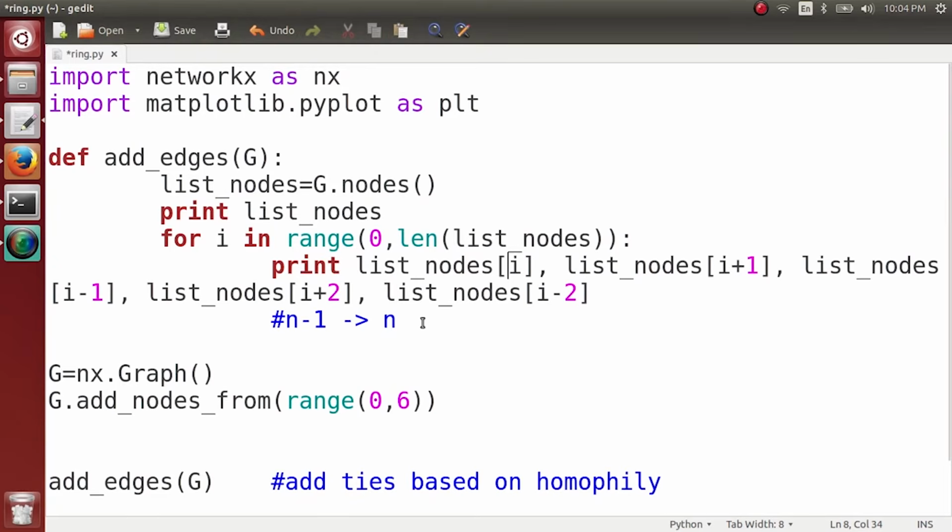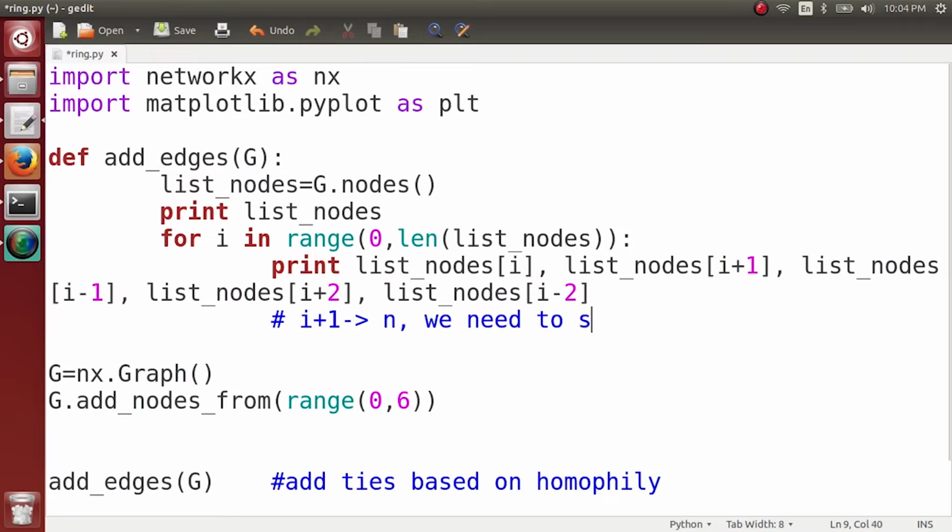So whenever I plus 1 has a danger of becoming n,